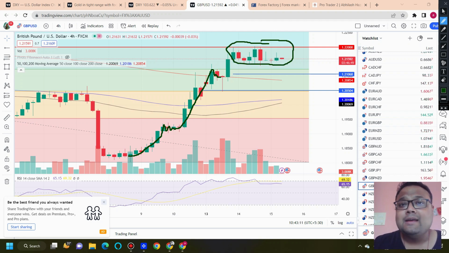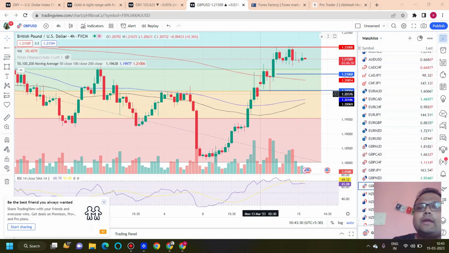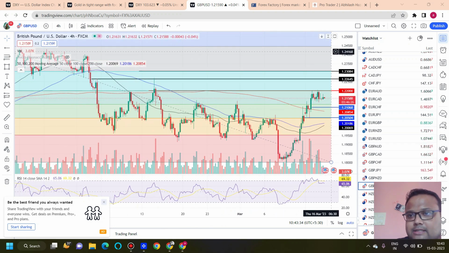Market is sleeping. That doesn't mean that market will be sleeping for the next couple of days, because my dear friends, usually these type of levels are also considered as bombs, money making bombs. So whenever there will be a blast, there will be a big move again. So till then, the levels on the chart of GBPUSD are, let's discuss one by one.